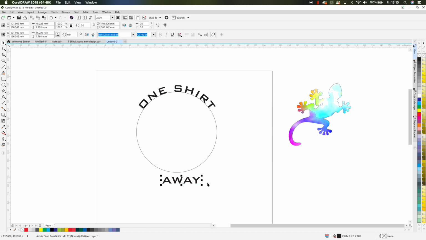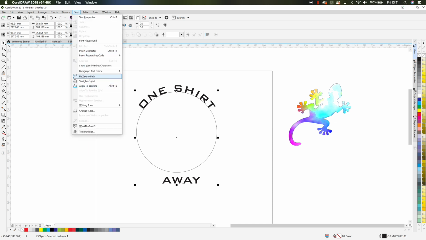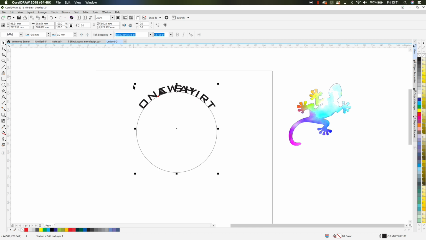Now I want to do the same with the bottom text, but I want this text to flow around the bottom. So I'm going to click once on the away and then once on the circle, and I'm going to go back to the text tool and fit text to path. But it's going to put it in the same place on the top, which is not where I want it. It's going to default to that. So I'm going to find the red dot on this particular bit and I'm going to drag it and bring it down the bottom. And when I get to central point, you can see there, I get a red line, to tell me that I am bang center of this. That text is there. Perfect.